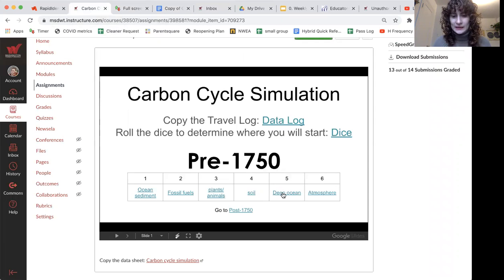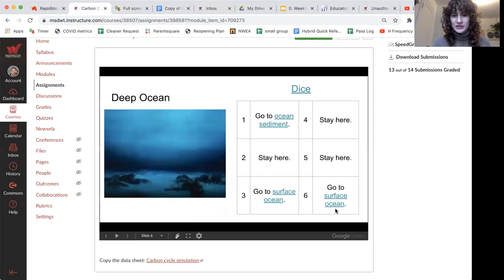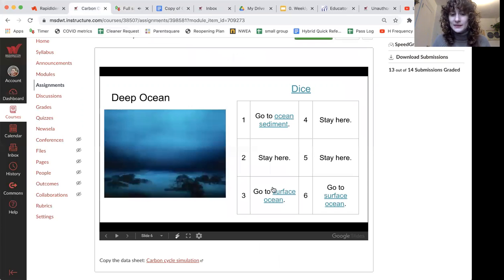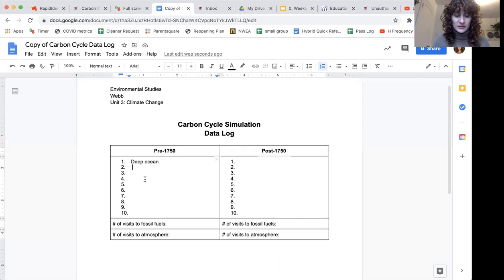And now I'm going to click on deep ocean, and here's the deep ocean station, and you'll notice 3 out of the 6 say to stay here. So that's to represent the fact that carbon can hang around in one place for a very long time, or it can move. So let's see what I get. I got a 3, and that is go to ocean surface. So I'm going to write down ocean surface,